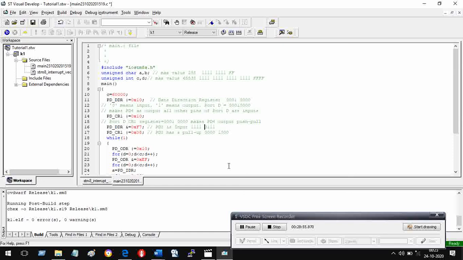So with this we have done two things. First thing is we have made PD4 as an output with a push-pull output and PD3 as input with a pull-up. So that is what this process is called initialization.